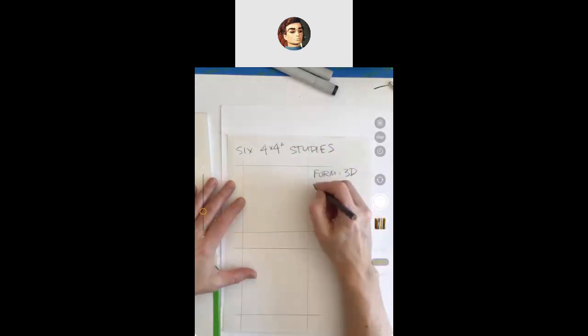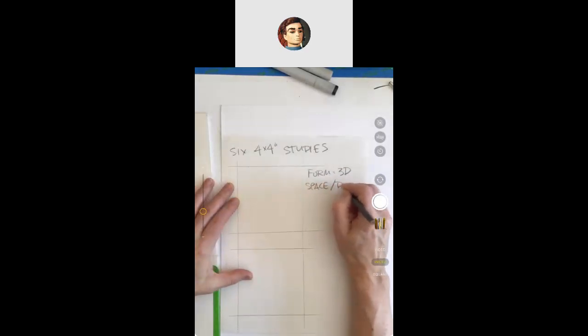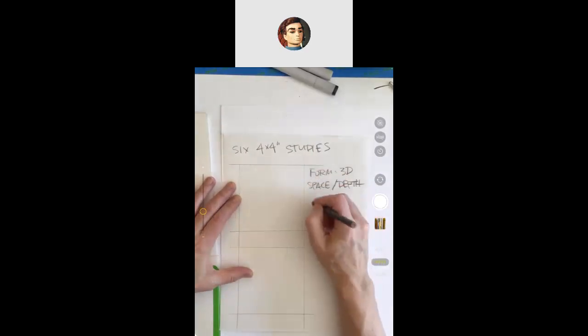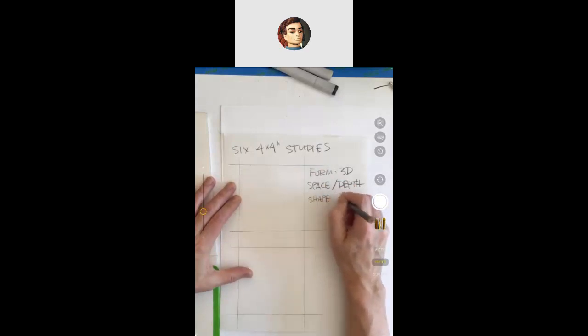We want space, depth, and we begin with shape. That is 2D,